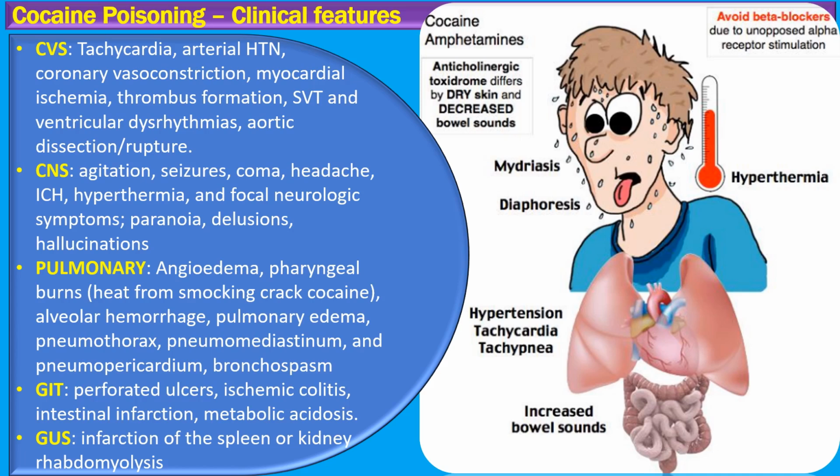Now, when cocaine is used intranasally or through inhalation, it's associated with some severe complications like pneumothorax, pneumomediastinum, and pneumopericardium. These are often a result of the Valsalva maneuver, which users apply to prevent exhaling the drug, trapping it in the lungs. Cocaine can also exacerbate reversible airway diseases and cause bronchospasm, leading to what's known as crack lung, which is characterized by shortness of breath.